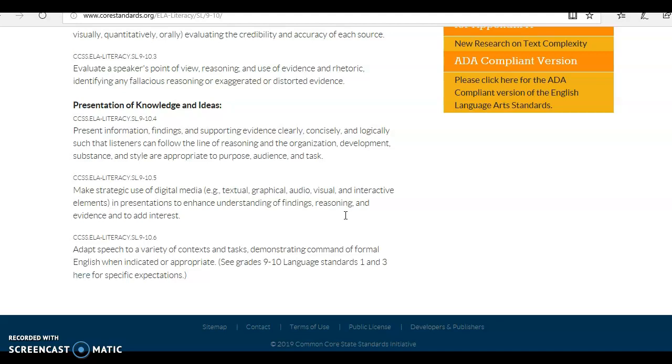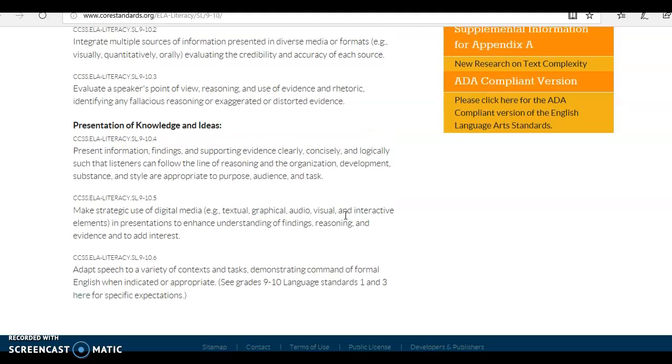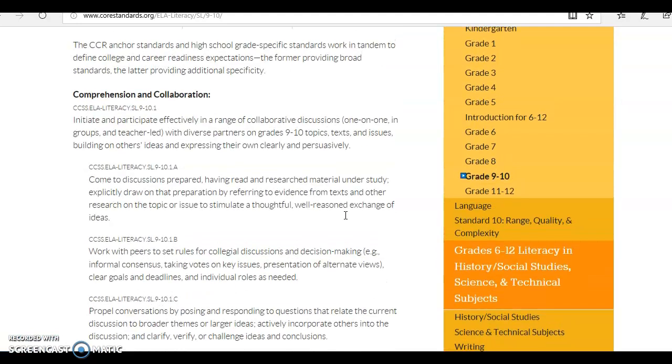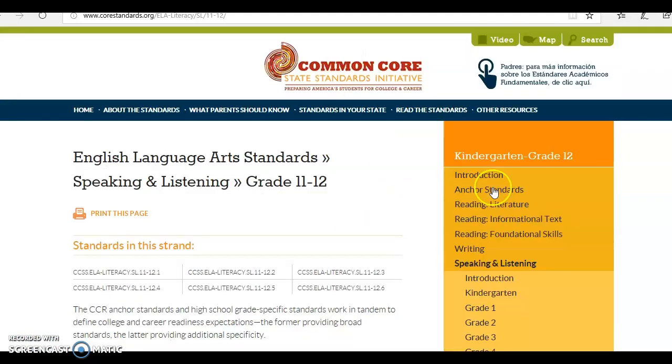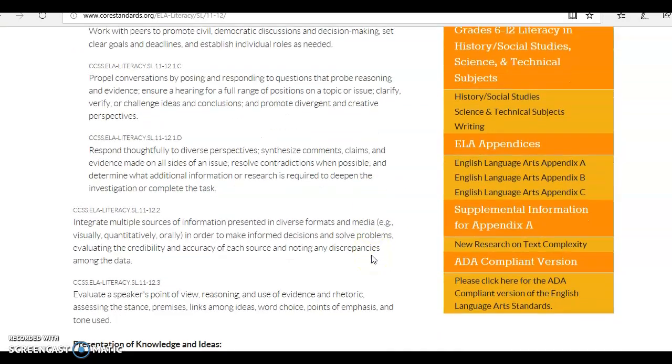I think it's really important that they put that in there, to make strategic use of digital media and presentations to enhance your findings, because even now we're using presentations and videos to show what we've learned and what we understand from the readings that we are reading in class, and we're being concise about it, making sure that the important things are pointed out, and that we're grabbing from those facts.